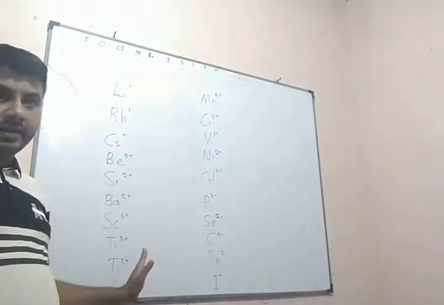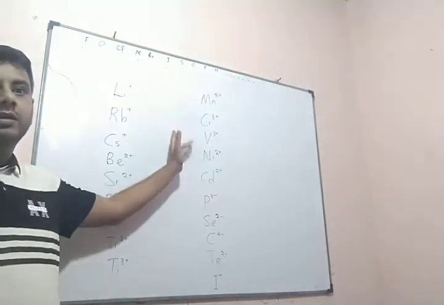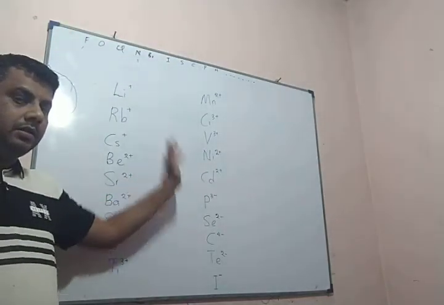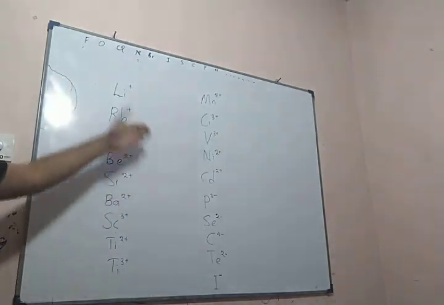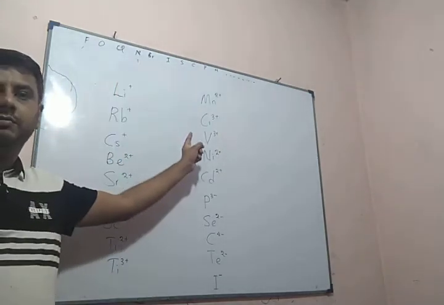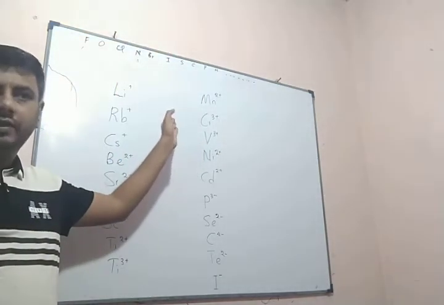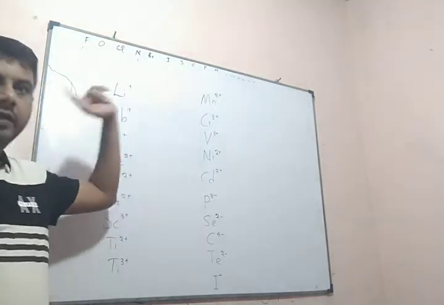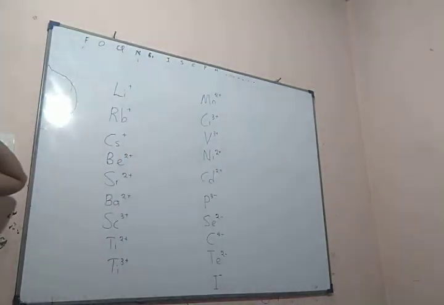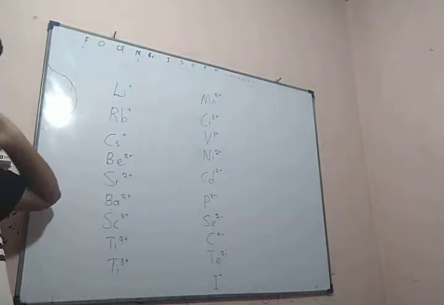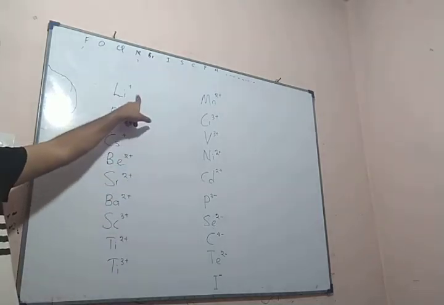Here are some cations and anions which I didn't give yesterday. You should write the name of these ions, only the IUPAC name. You don't need to write the trivial name, only the IUPAC name. I'll just say that lithium,